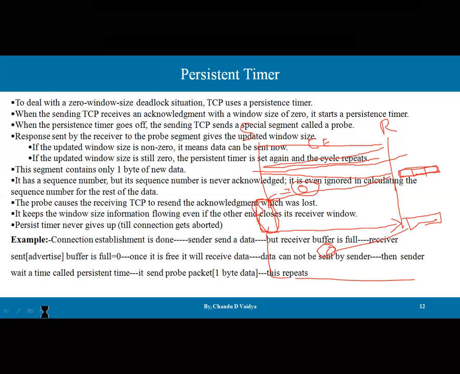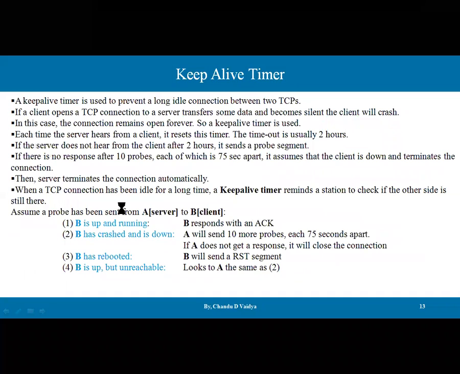Okay, thanks. Now next is the keep alive timer. The third type of timer is the keep alive timer. The keep alive timer is used to prevent a long idle connection between two TCPs. Let's consider the client and the server, and we know who is passive and who is active, because we have discussed it in the connection phase. If the client opens the TCP connection to the server,